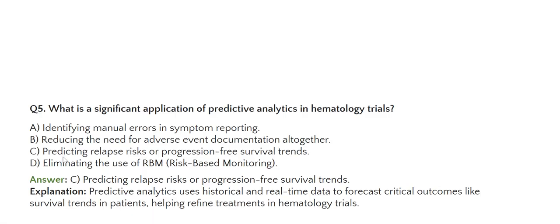So what's left? The most reasonable and accurate answer would be C, as a significant application of predictive analytics would be predicting relapse risks or progression-free survival trends. So, C is the right answer. Predictive analytics uses historical and real-time data to forecast critical outcomes like survival trends in patients, helping refine treatments in hematology